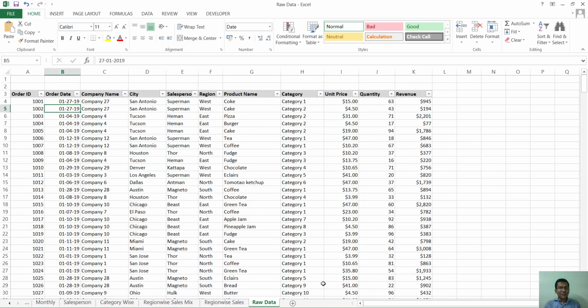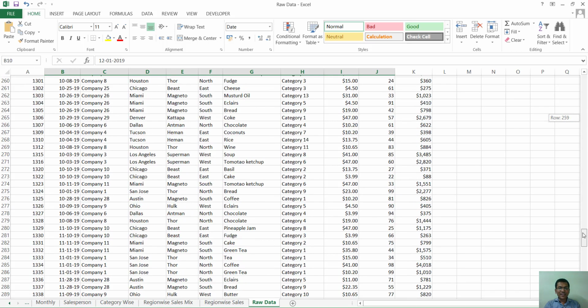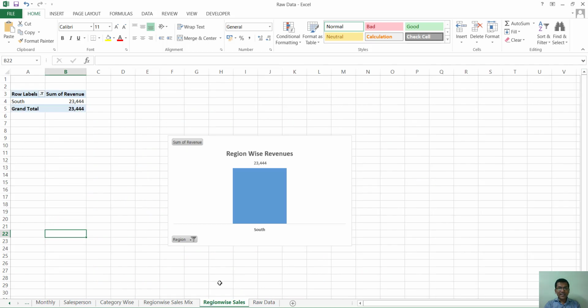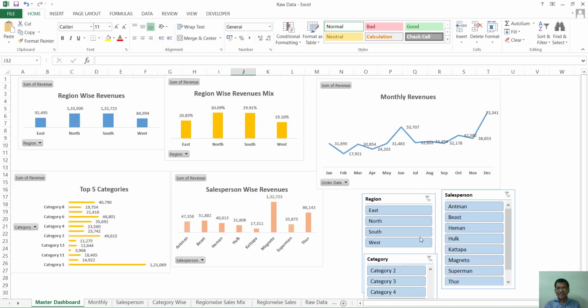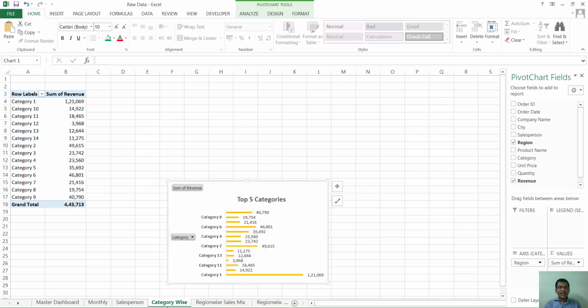So remember the kind of raw data we had. This is so humongous. It's almost like you're taking a dump from SAP and now you want to create some meaningful insights for your top management. So we created a region wise sales pivot. I'll just go back and clear all the filters in the slicer so that you have the original thing back here. And so we created region wise revenues. Then we said, okay, I want now region wise revenues but as a percentage of the grand total. Then I have my category wise revenues, and here I just remove this filter.